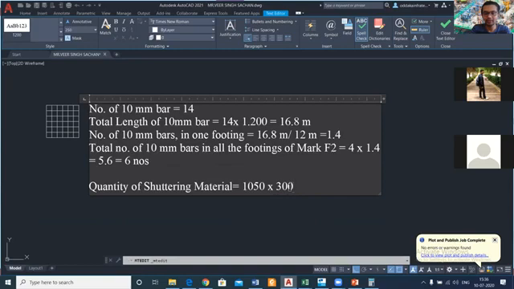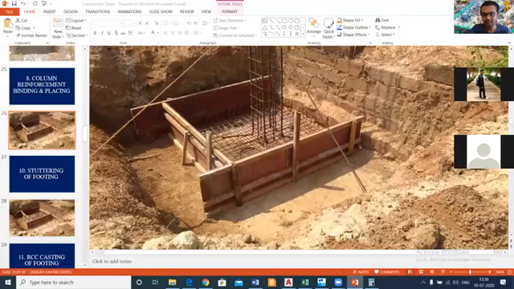So this much shuttering material will be used along how many sides? Two sides. And for the remaining two sides, the depth will be the same, but how much will the length be? The length will be 75 mm more along both sides. That is 75 mm along this side and 75 mm extra along this side.